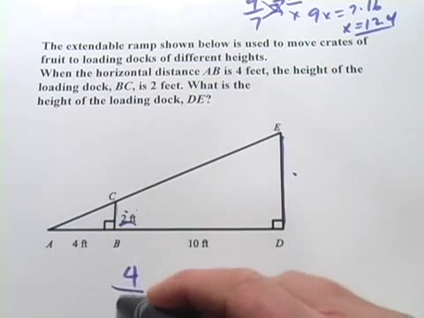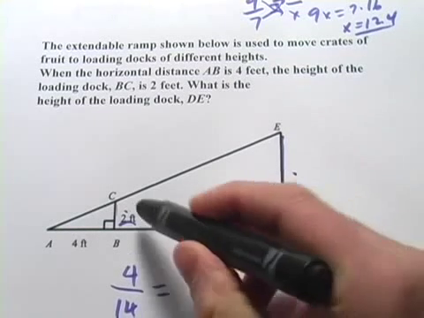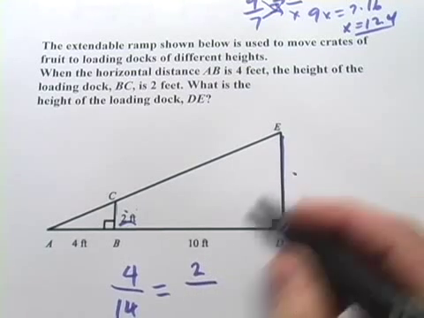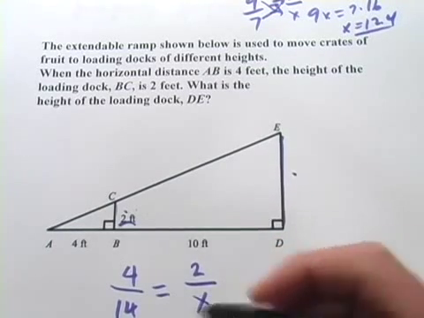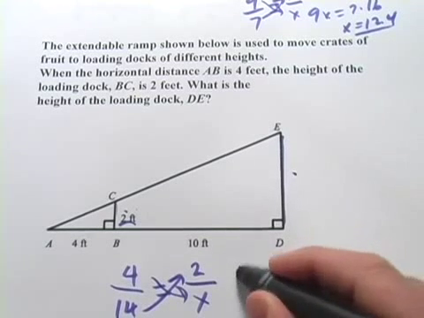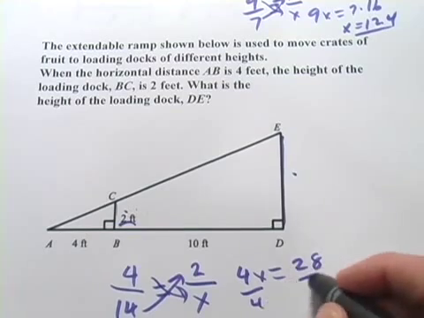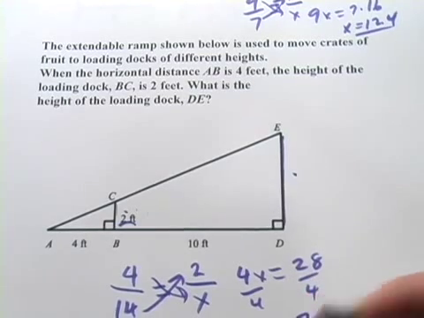So let's set up a ratio of little triangle to big triangle and use the bottom lengths here. So 4 is to 14 as, and then we want to do little triangle over big triangle, so 2 is to the side we're looking for. Then we can cross multiply, and we get 4x equals 28, and divide by 4, and we get x equals, whoops,